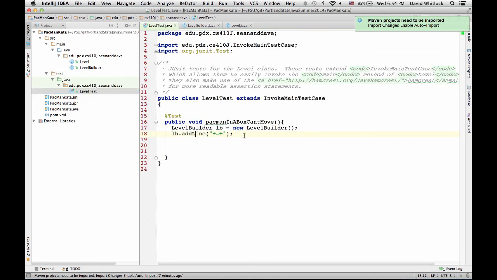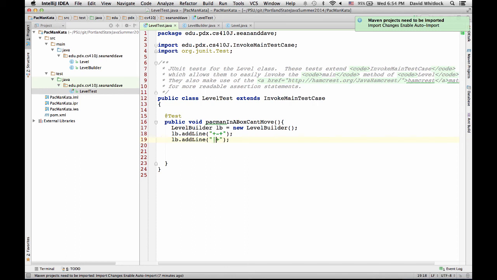I'll show you a trick. Alt D or Command D will duplicate the line that you're on. Yeah, that was helping me a lot. You don't need to have it selected or anything. It's just whatever the cursor's on. So yeah, we'll put Pac-Man right there.